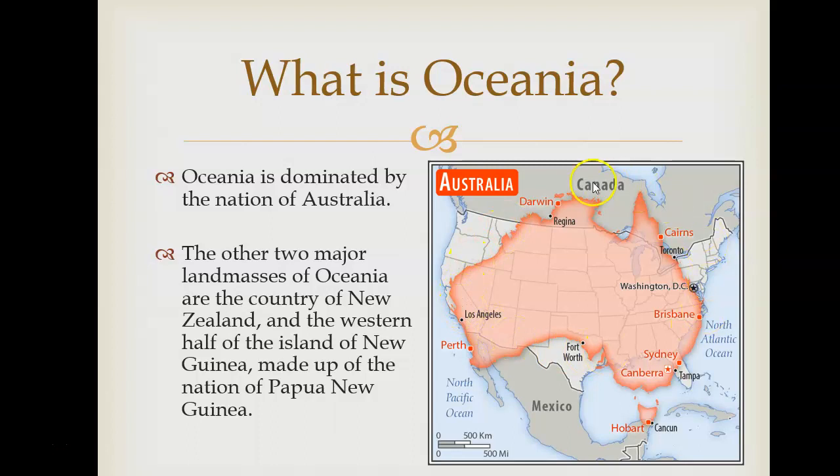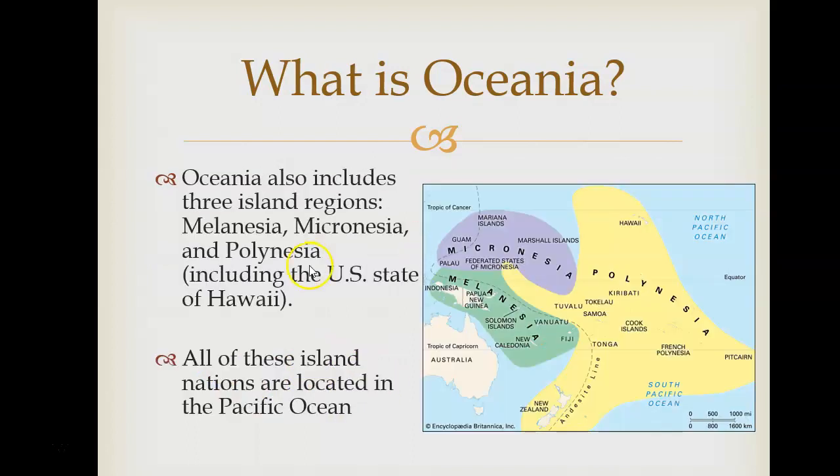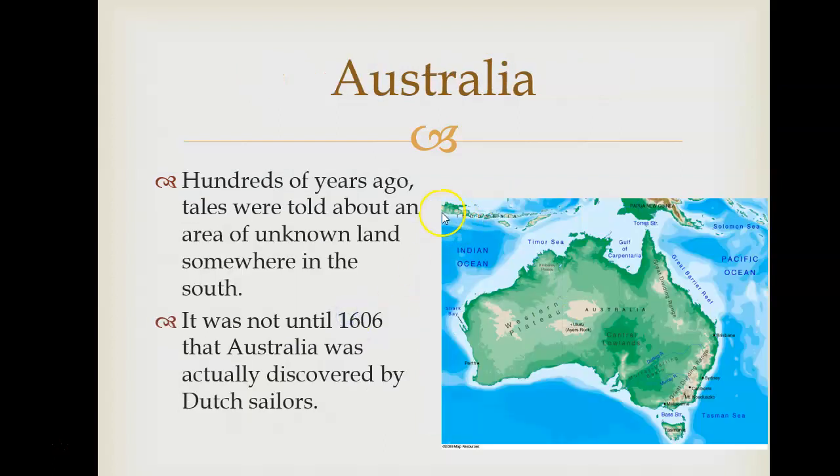Australia is the major island in Oceania. We'll also take a look here at New Zealand and Papua New Guinea. We will then look at Melanesia, Micronesia, and Polynesia. These are all island groups in the Pacific Ocean. So starting with Australia,